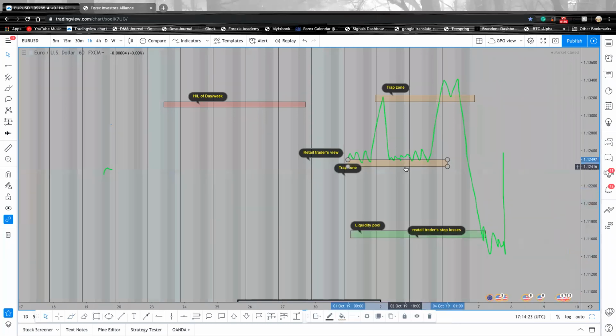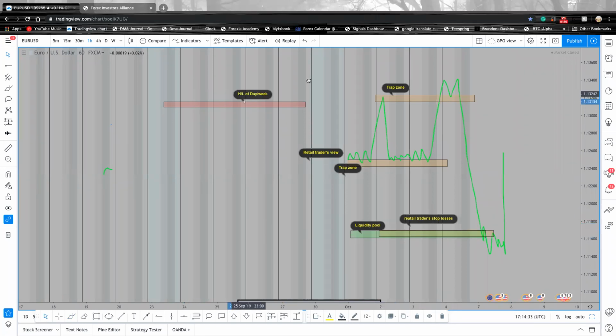So one more time, this zone changed to a trap zone. It was a liquidity pool, it was a high of the day, but now you can see how all of them can be a trap zone,